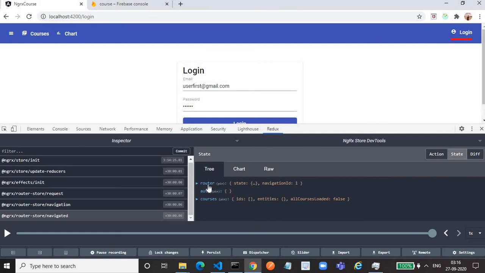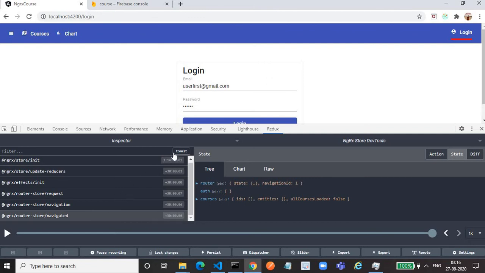These actions are triggered automatically because you have configured the store router connecting module in your app.module.ts file that we saw in our day 1 video. So these are some of the actions which are triggered by your NGRX module automatically.